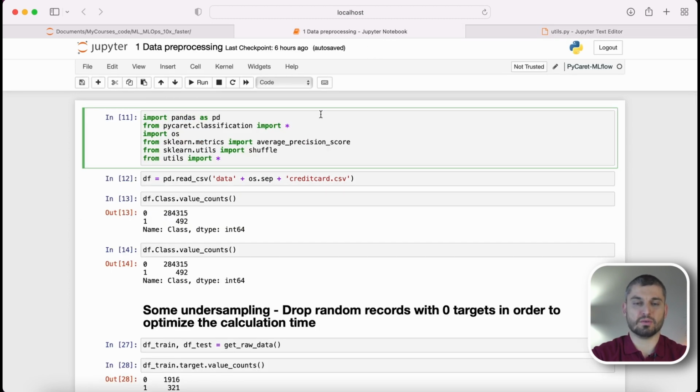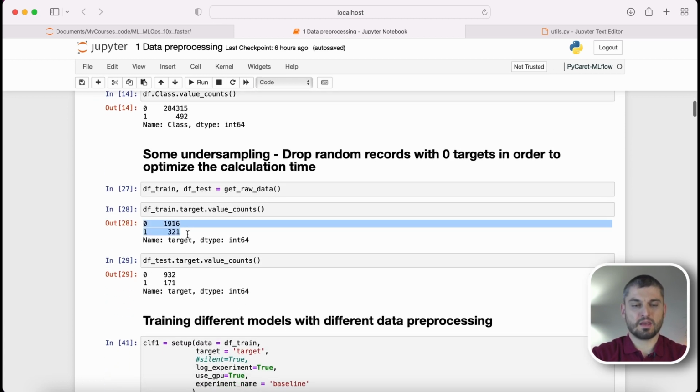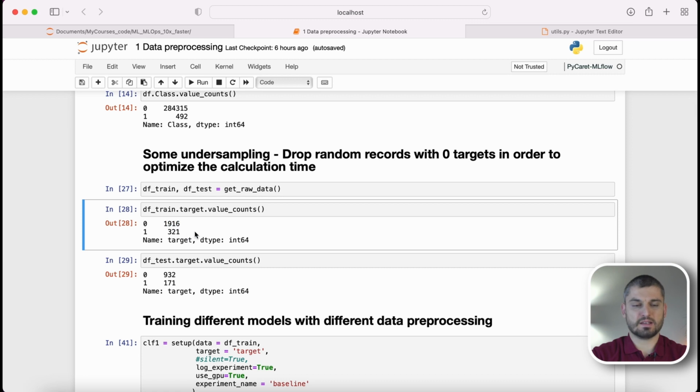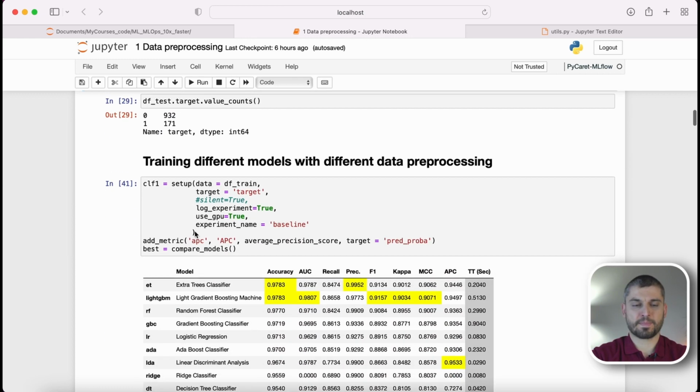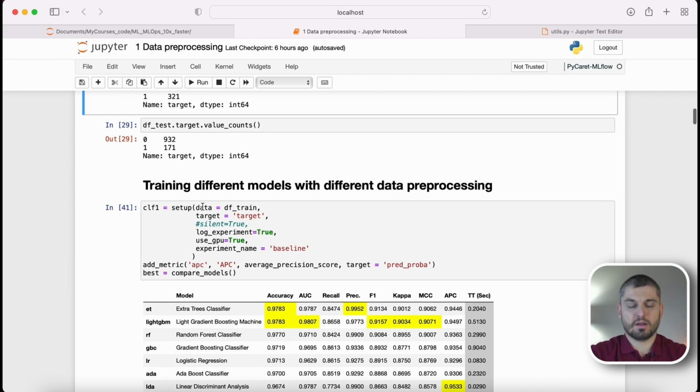Okay, back to the Jupyter notebook. We check the labels again. We can see that it's still imbalanced. It's no problem, but the rate of imbalance is not very high. Okay, the next step is the following. We want to create a very baseline model, even without any data preprocessing. And after that, we will try out several different data preprocessing steps, one by one. Okay, so let's see the